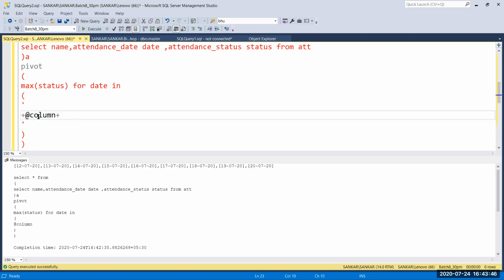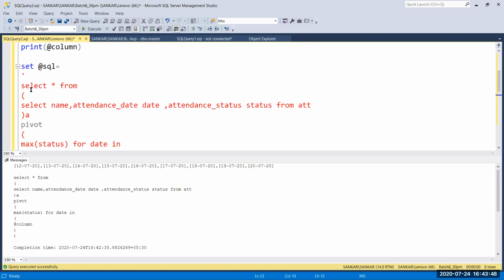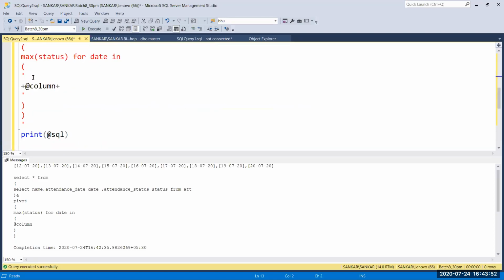We have given some queries inside the single quotes, and I'm going to give the single quote inside the single quote. So here I'm passing plus at column plus, because I'm going to add it like a string concatenation, that's all.